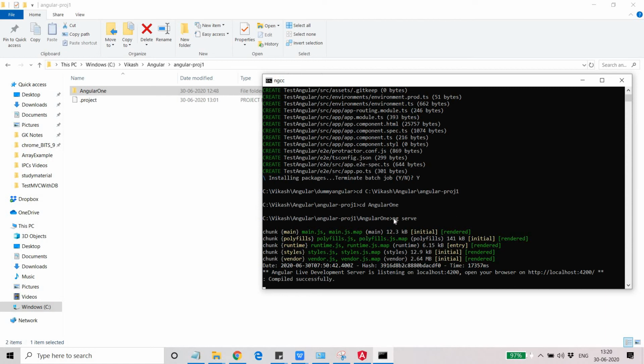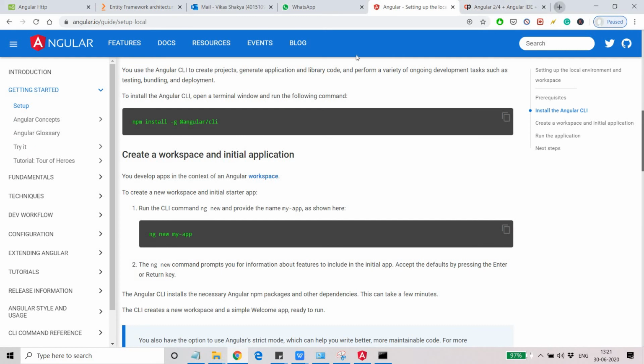So here you can see that once the ng serve command is completed, it says that yes, now I have compiled it successfully. Since I have compiled it successfully, you just need to run it. From where? You need to open localhost:4200. This is the port number on which this server is running, right? So ng serve is the one which compiles your project and also runs it as an application server, so that you can open a browser and type this and you will be able to see this one, right?